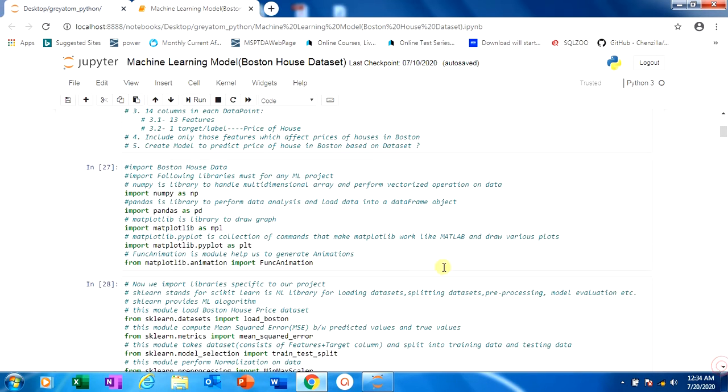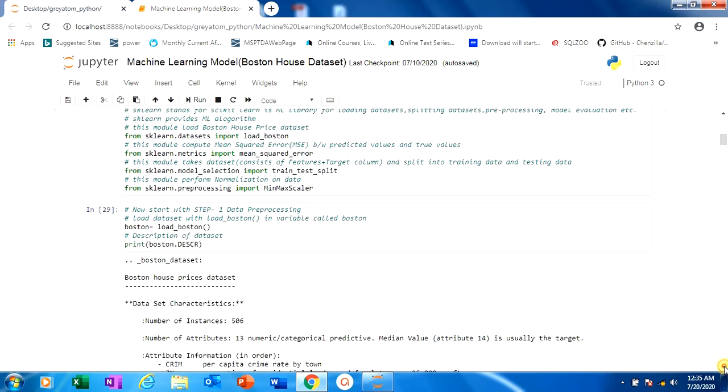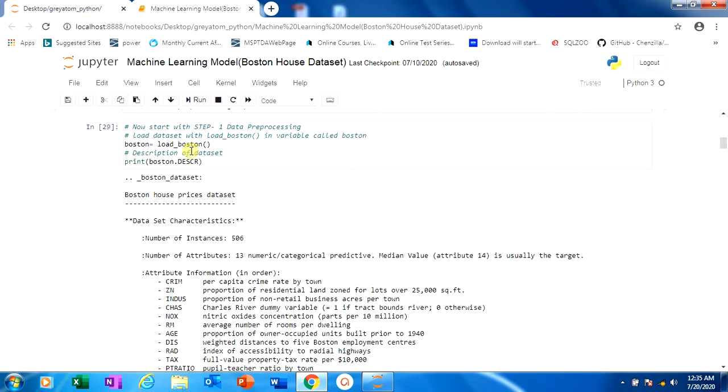First of all, here we import libraries for this project like NumPy, Pandas, Matplotlib, sklearn. Here we import the Boston dataset which is available in the sklearn library. And here is the description of the Boston dataset.